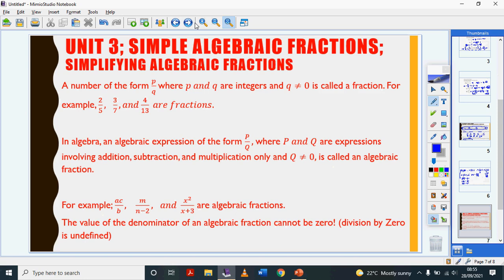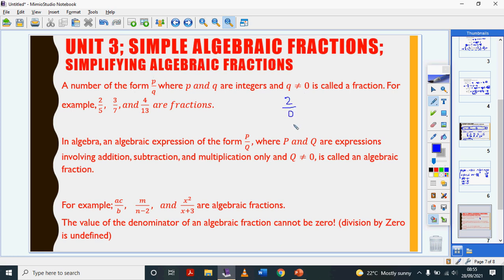Alright, so this is something that I need you to write down, but I'm going to go through it and explain what's happening. Like I said earlier, if you see words, do not get scared. Words are just describing what's going on. If I have a number in the form P out of Q, this P can be anything. It could be 1 out of 3, right? It could be 4 out of 7. It could be anything. Where P and Q are integers and Q is not equal to 0,